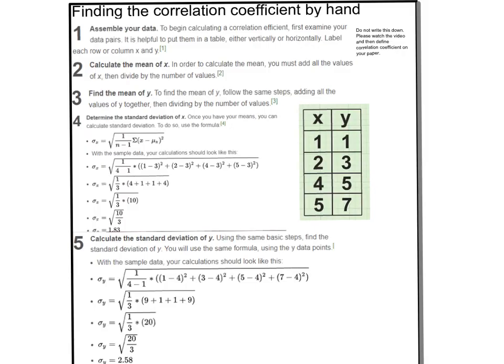So I'd like for you to pause and read through each of these things, how to find the correlation coefficient. It says to calculate it, you have to calculate the mean of x, find the mean of y, then determine the standard deviation of x. And you can see this formula for standard deviation. That is the Greek letter sigma, lowercase sigma. It's just very complicated to do this. So you calculate the standard deviation of x, you calculate the standard deviation of y, and then